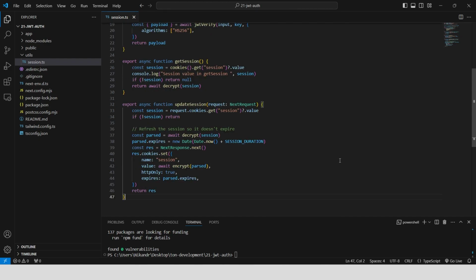Create an asynchronous function named updateSession. It retrieves the session cookie from the incoming request. If the session cookie doesn't exist, the function returns immediately. If the session cookie exists, the function decrypts the session using the decrypt function, refreshes the session expiration time by updating the expires property with the current time plus the session duration, creates a new response object using